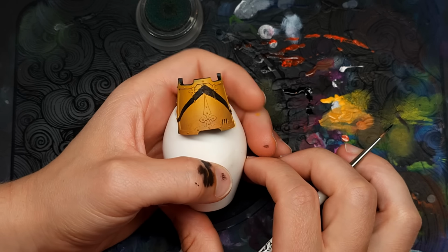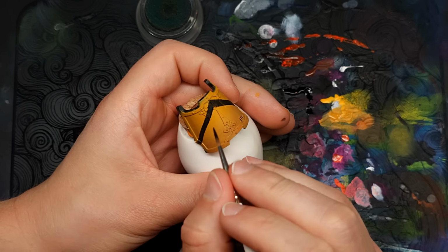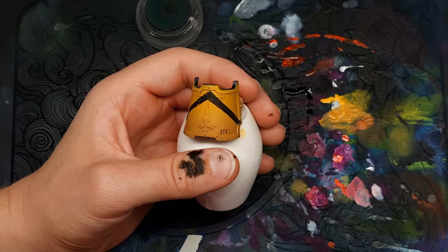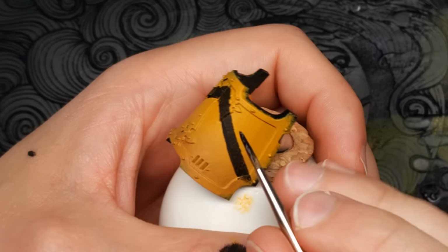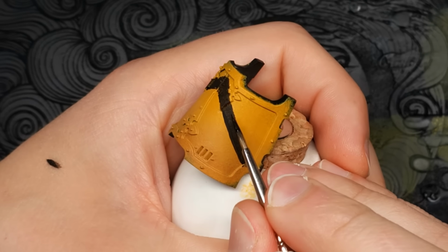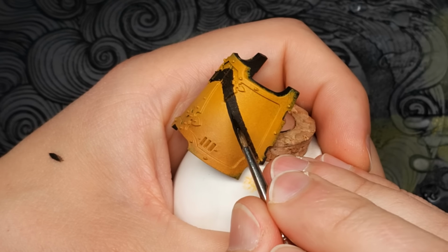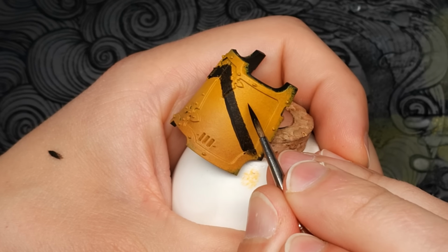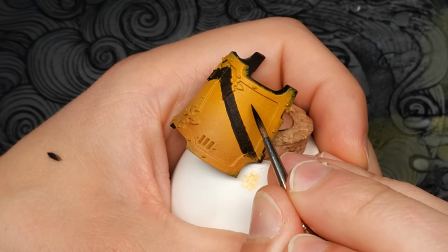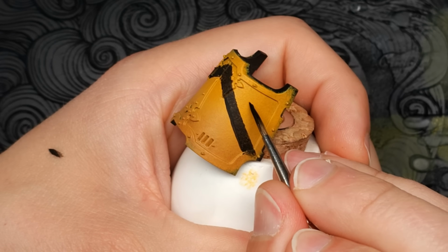So we have our initial lines now. They're not perfect. That's absolutely fine. I'm going to fatten this one a bit and then we'll continue with the others. So next step, I am going to try and put a line in the middle of where I want my next hazard to be. So we're going to have equal thicknesses-ish. So I'm going to go this thickness once for where the yellow is and then half again and do a little dot there. I'm going to then make this section